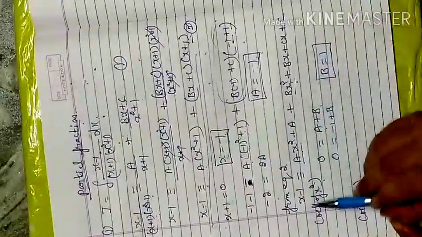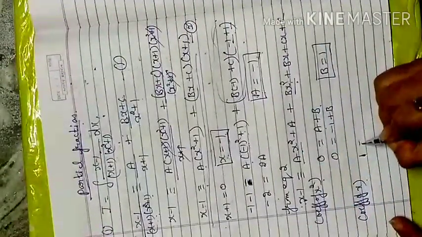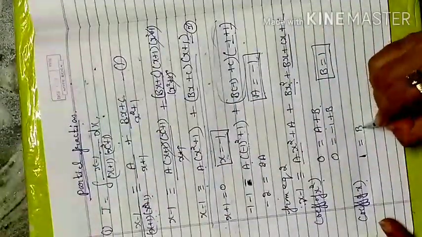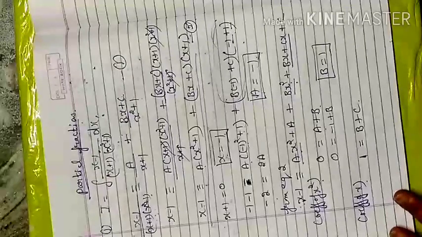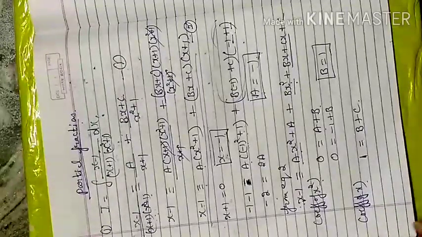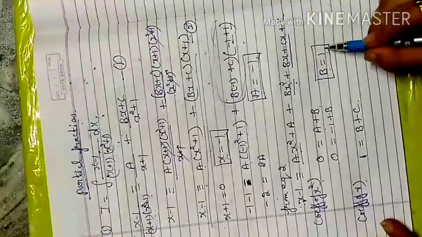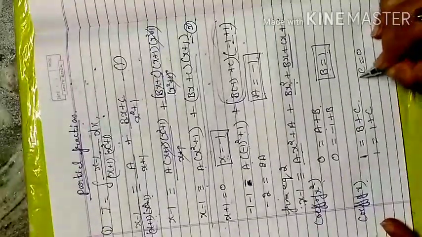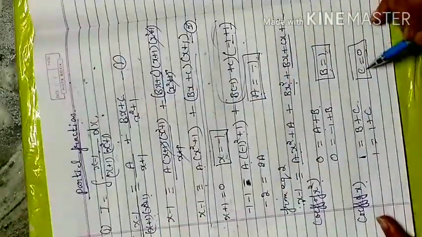Now for the coefficient of x, on the left side there is x and no numerical number, so my left side is 1. On the right side, x accompanies 2 variables, b and c, so b plus c. No need to write x; any number multiplied with x is considered the coefficient of x. I have already found the b value, which is 1. So if I apply the b value, 1 minus 1, I get the c value as 0. My c value vanished. So whatever values I found: a is equal to minus 1, b is equal to 1, c is equal to 0.